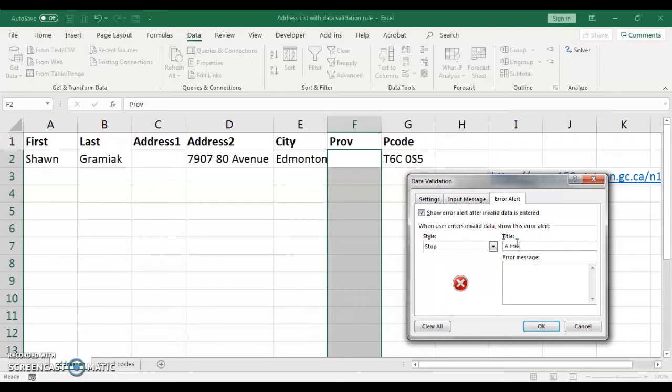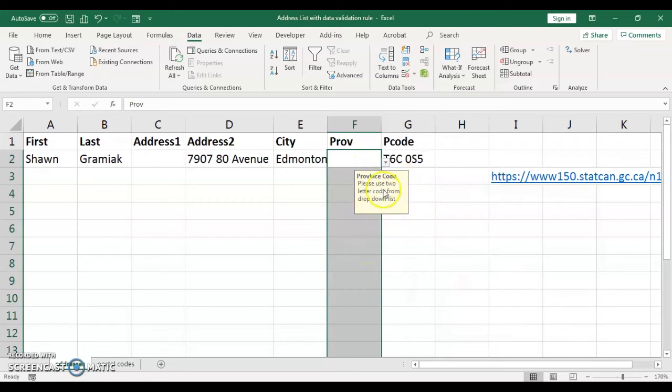A friendly reminder. Please use only the choices on the drop-down list. I might even tell people to only click on the choices because you don't know what experience level your data input folks are at. So if I go ahead and click OK,